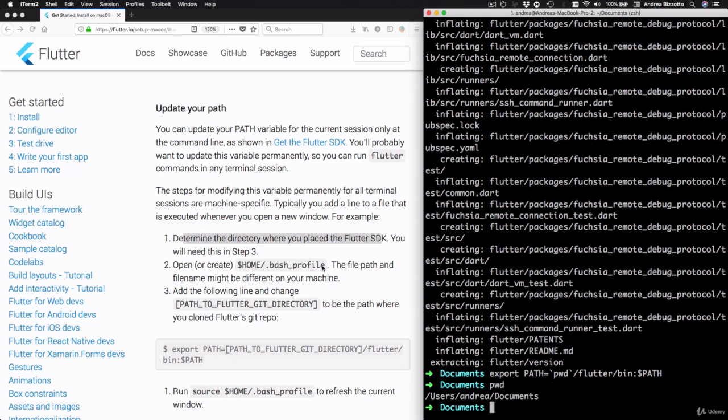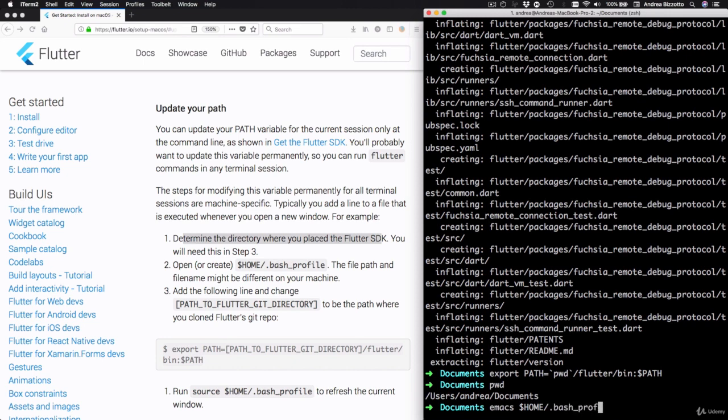Okay, so the next thing that we need to do, it says here, is to open or create a $HOME/.bash_profile. And this is a file where typically system-wide settings are stored. You might actually have or not have this file on your system, or it might even be under a different file name that you need to make this change. In any case, what we are going to do is follow this step now. So we are going to copy this path that we just found, and then we are going to open the bash profile file with an editor. The way I'm doing it is to use Emacs, and then I'm going to say home